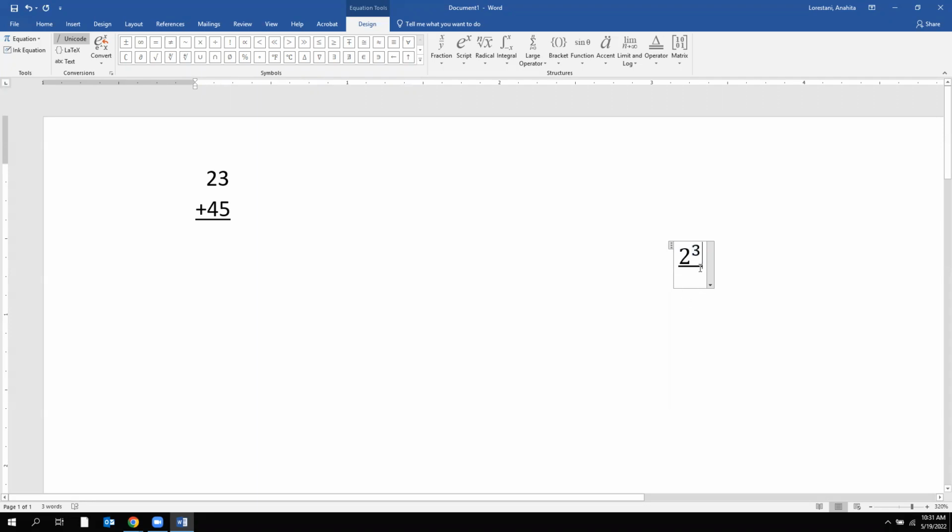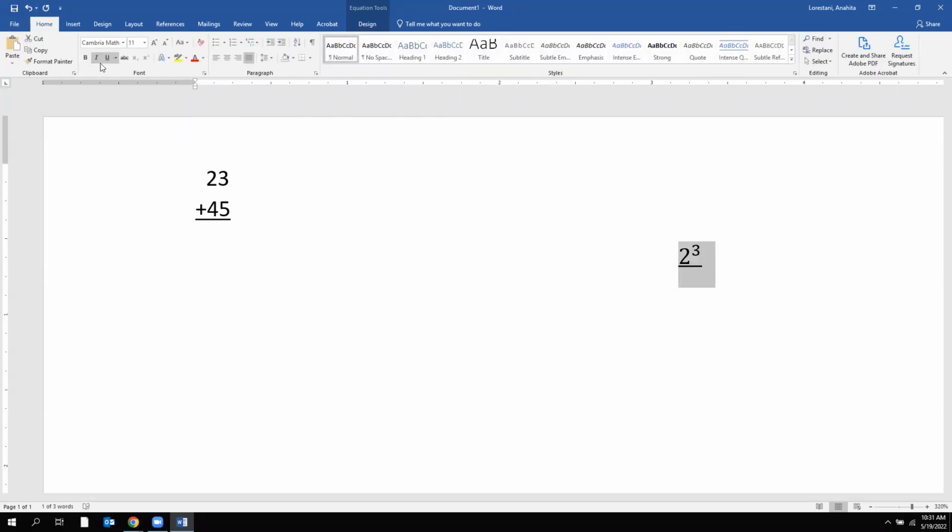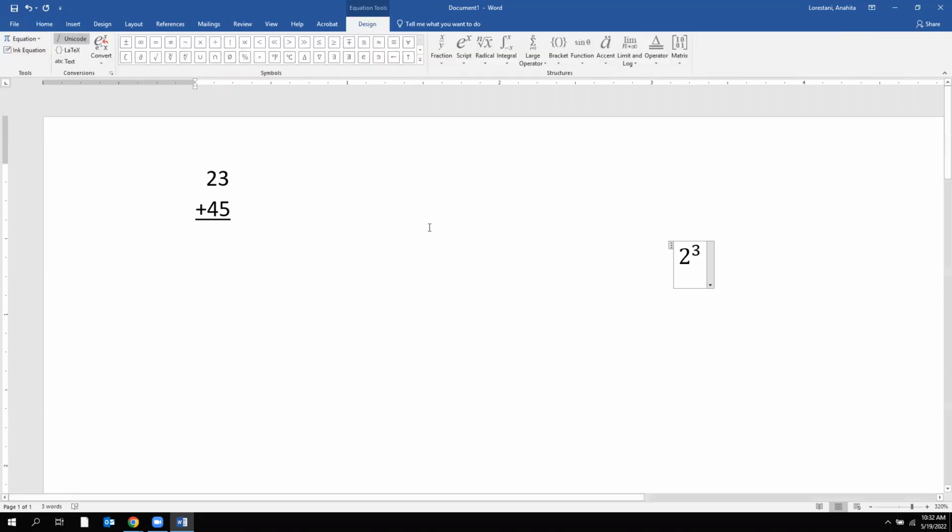I don't want to have this underline here, and I think it picked it up from the previous example. So let me go back to home and get rid of this underline. Okay. So go back to design, and then we said we want to add this. See, I'm not in the equation editor anymore. None of the features are on the top, so use a left arrow to get back inside the equation editor, design, and I want to add,